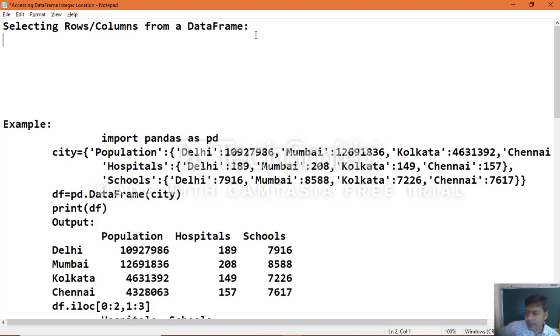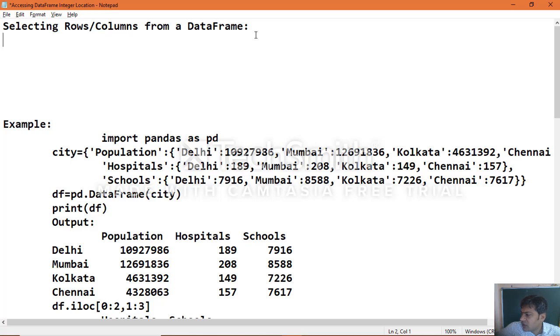In such cases, you can extract a subset from the data frame using the row and column numeric index or position. If you have forgotten the row label indexes as well as the column label indexes, then you can access that information with the help of the integer index, that is, the numeric index or position.